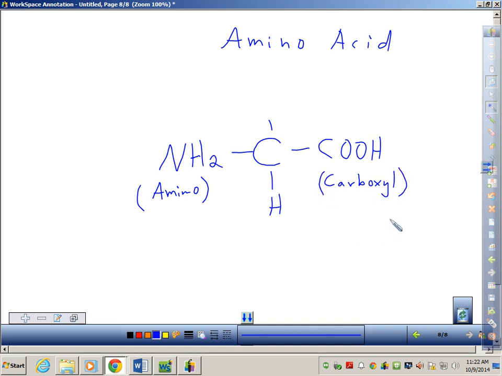Carboxyl. Carboxylic acid, technical term. If you put carboxyl in water, it becomes an acid. Okay. And then we have the R group, which is on the top. It's a terrible R. What is R in the periodic table? Everybody take a look. What is R? Somebody help me out. What is it?